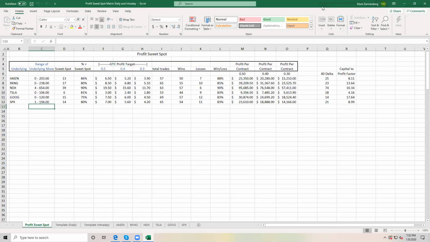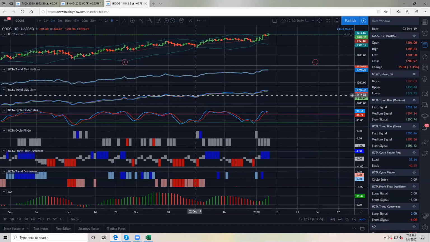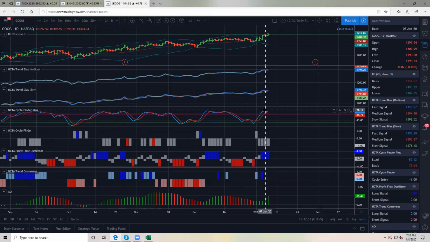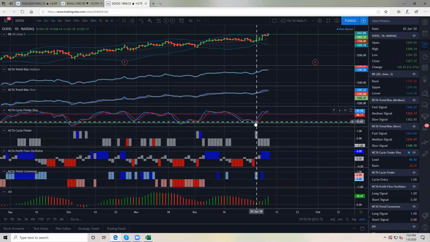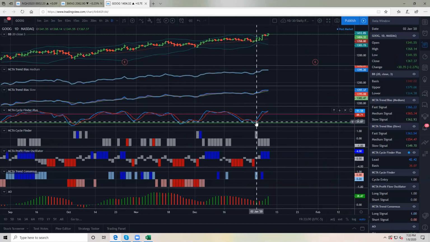When I say a daily cross, let me make sure we're all on the same page here. I'm talking about when this blue line, which is the lead trend line, crosses over this red line, which is our basis line. Whenever there's a cross, so here I'm showing you Google, there was a cross to the upside, the blue line crossed above the red line on January 2nd. That indicates, for an options trader, that it's time to buy a call on Google.